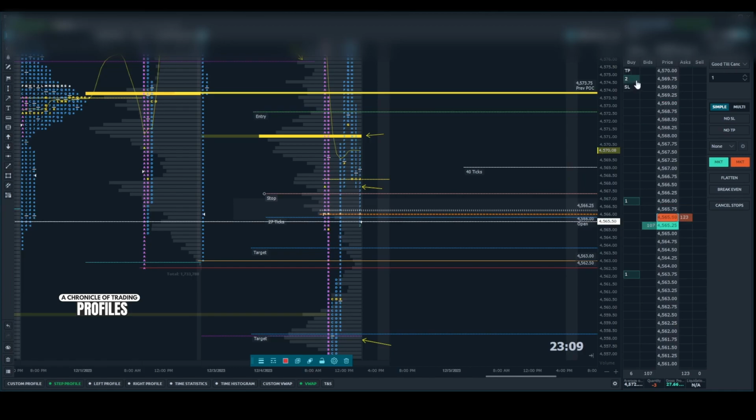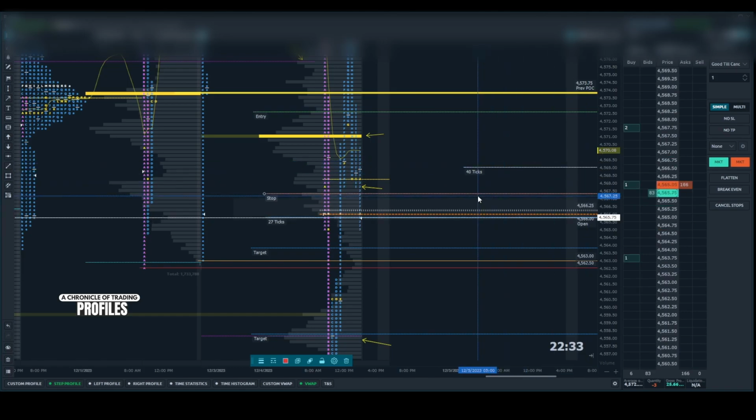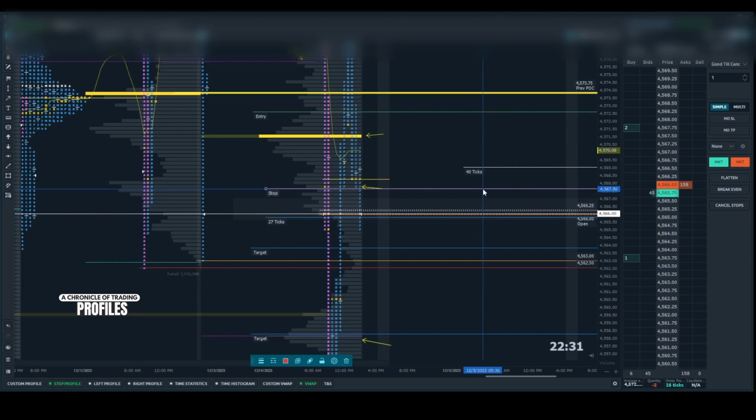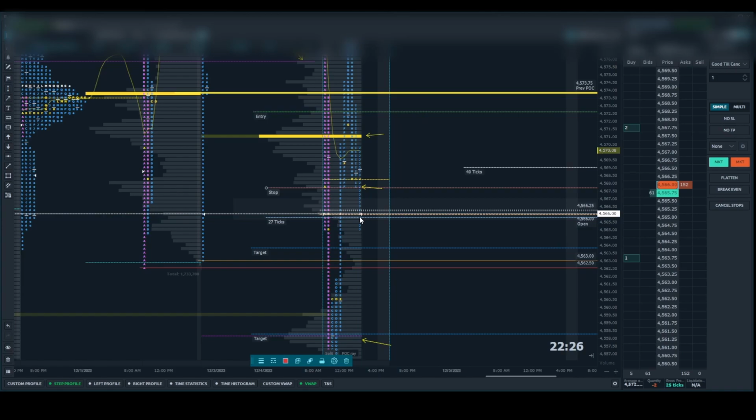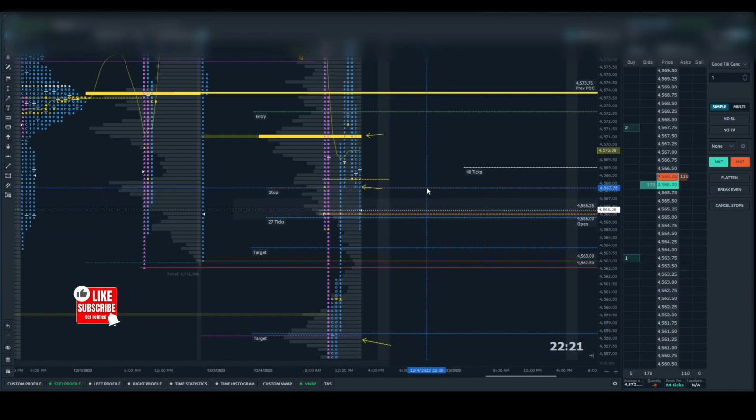That second one. I'll bring this other one down too, just in case we do get that snapback. We took out our second one there at the 27 ticks. And I moved my stop on the last two down to 67.75 just because it's starting to look like it's just gonna